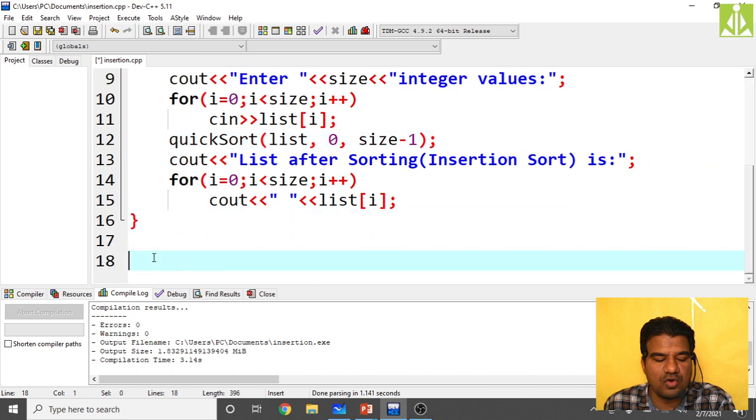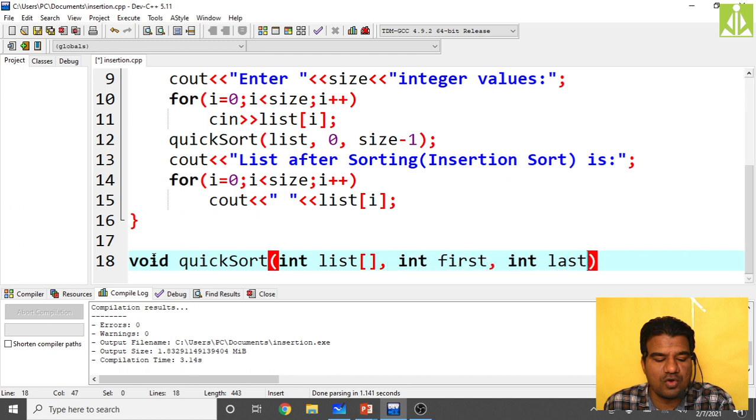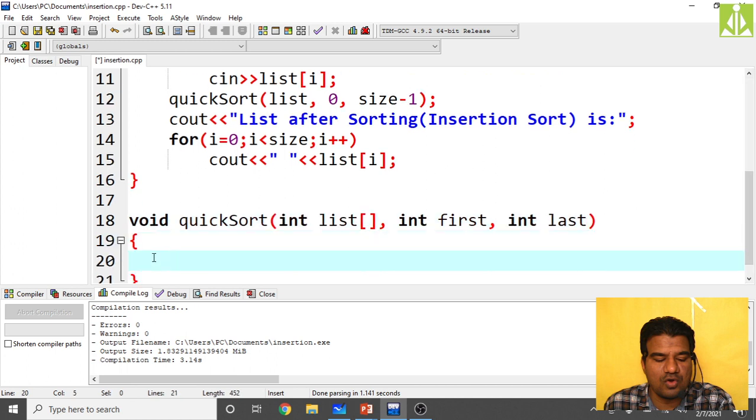Now we have to define that function, void quick sort of, read the list, int list of, comma, read the first element, read the last element. So like this we are reading. Now declare pivot, comma, i, comma, j, comma, temp.